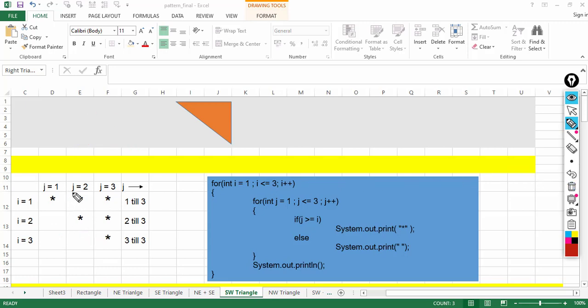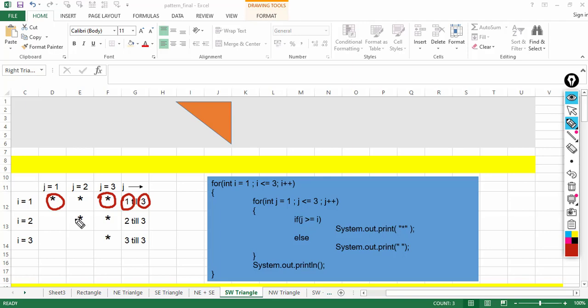So we have to figure out when to print a space and when to print a star. Here we have to print a star from location 1 till location 3, from J is 1 till J is 3.